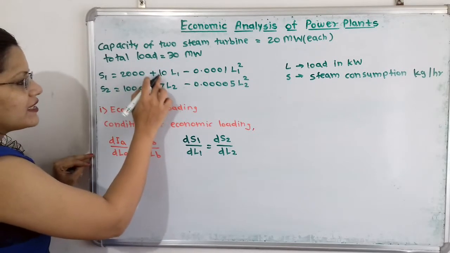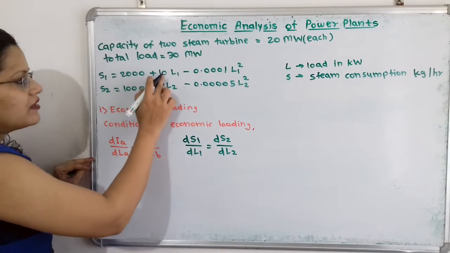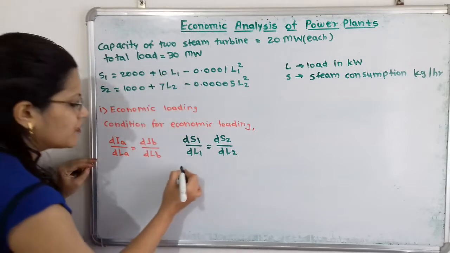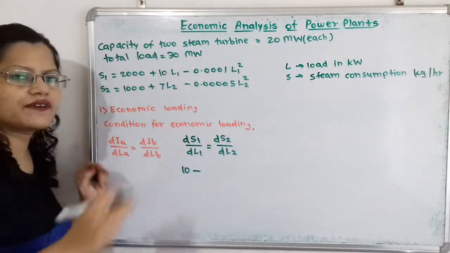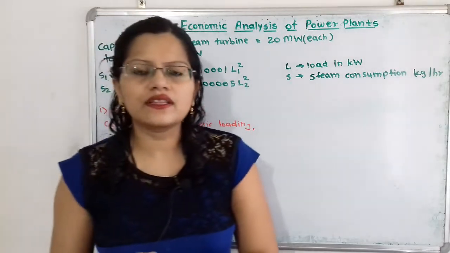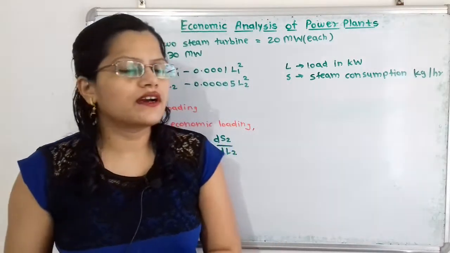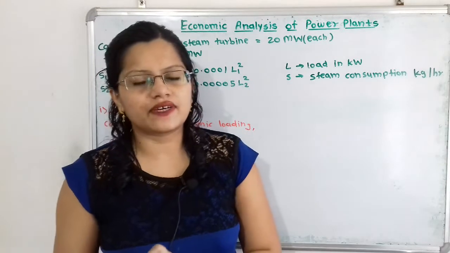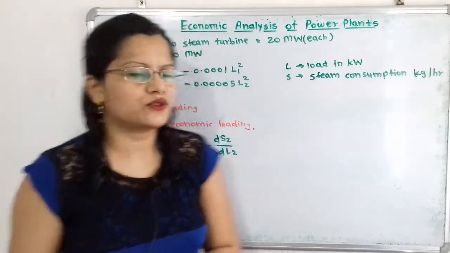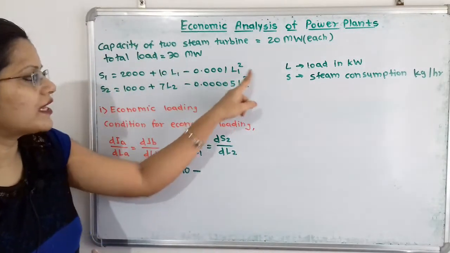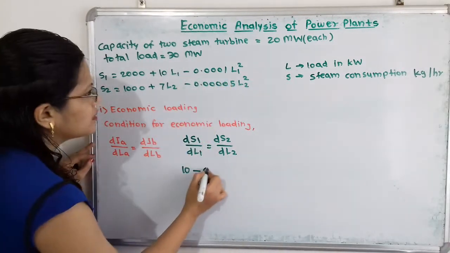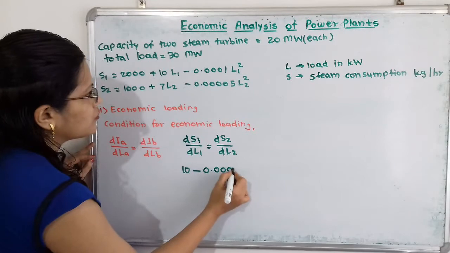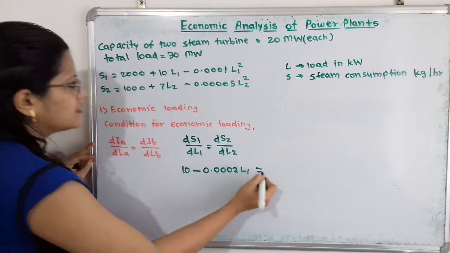So d by dL1 of 10 L1 is equal to 10, minus, so here L1 square is there. If we observe here d by dx of x square is nothing but 2x. So in the same way here there will be 2 L1, so we have to multiply here with 2. So minus 0.0002 L1, which is equal to